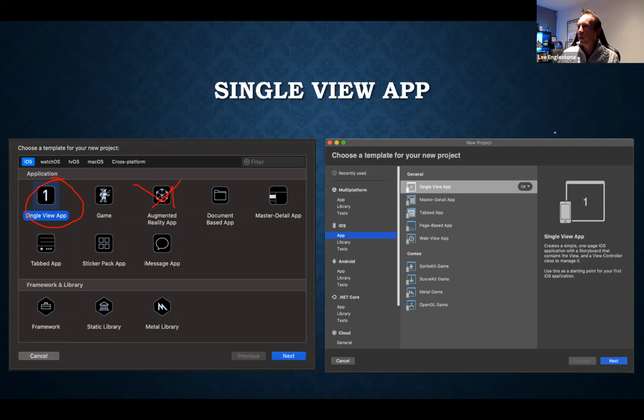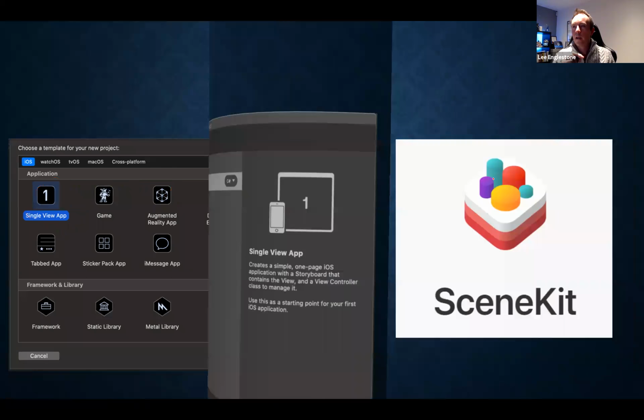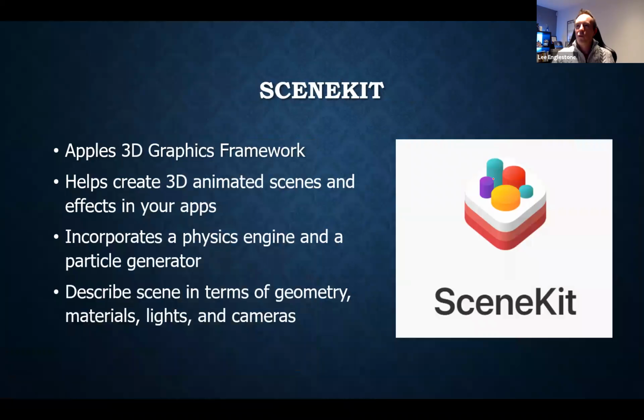Then when you come to Visual Studio for Mac, you'll want to create an iOS app, choosing again single view app, and then reusing that bundle ID that I mentioned. So that's how you get it initially set up. I appreciate that I've glossed over a lot of that, but I didn't want to go into too much detail. Then before we go much further, we need to talk about SceneKit,